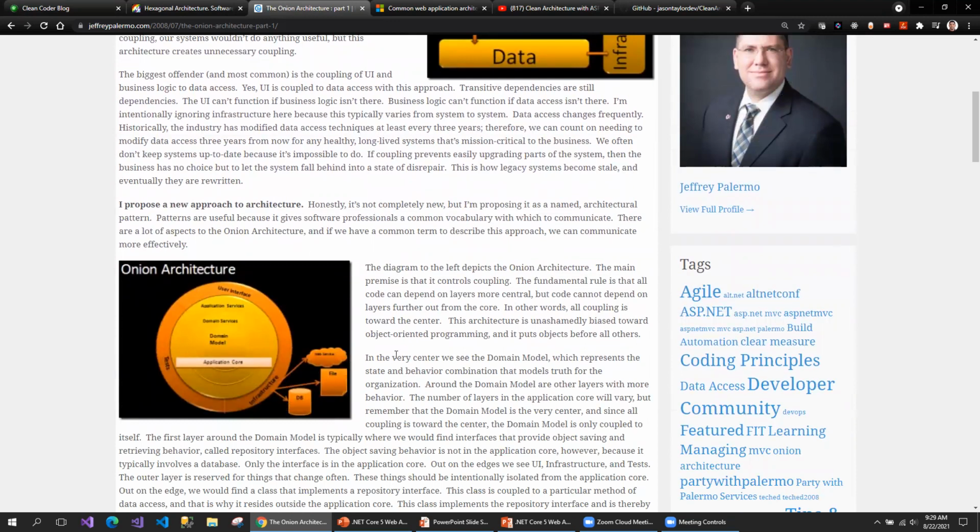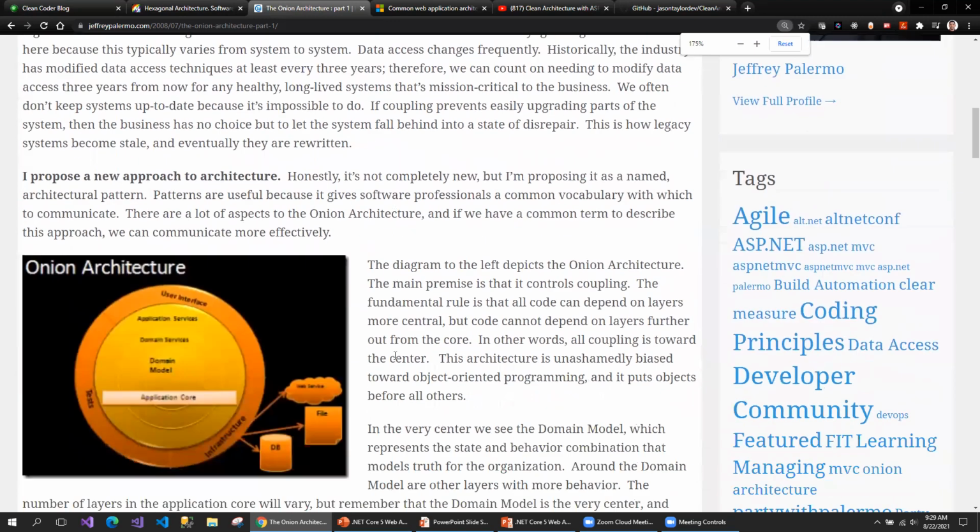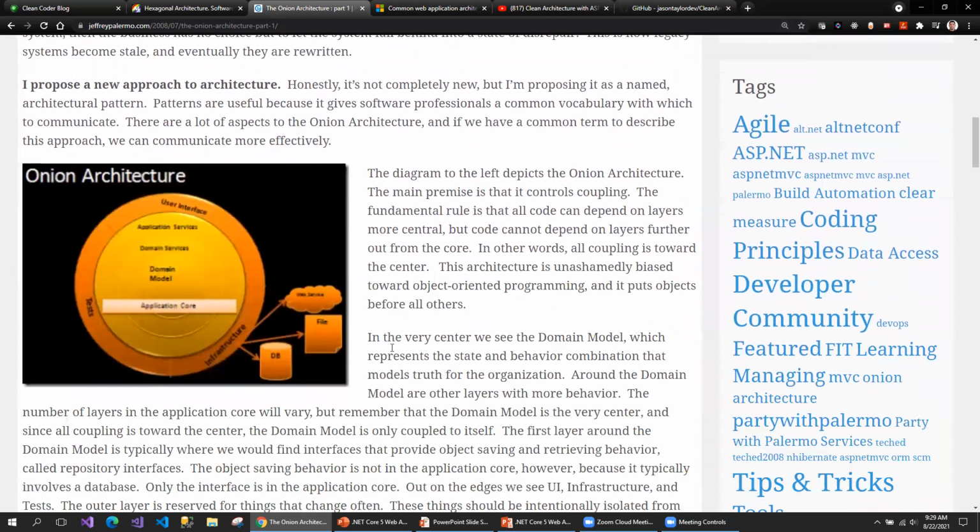the onion architecture. This is the diagram of how it looks in the onion architecture. You will see the external components. Infrastructure is calling the external components like the database, file system, or external web services.